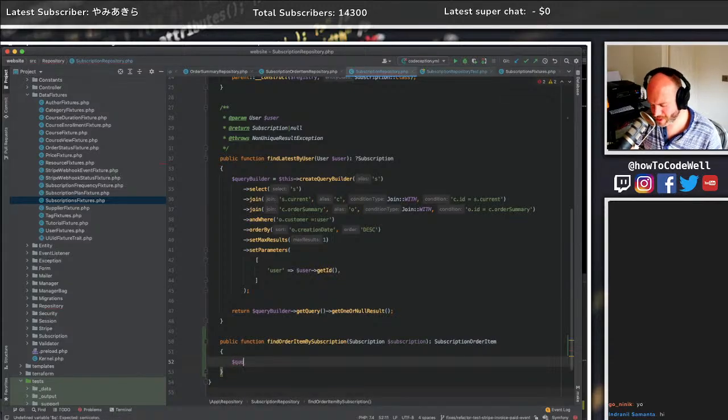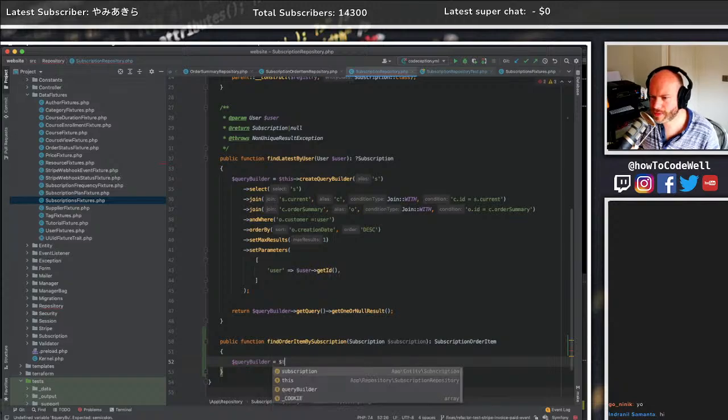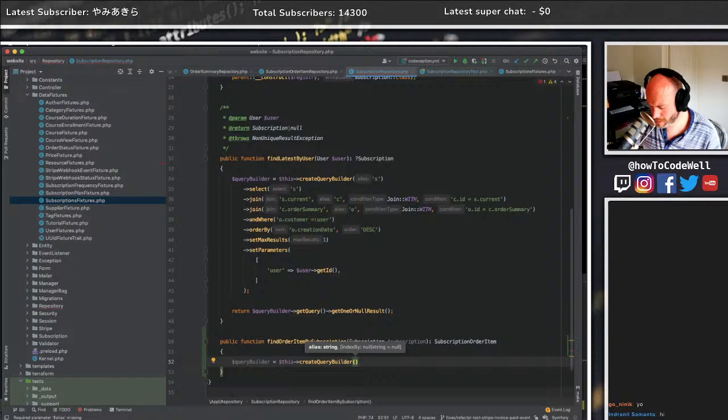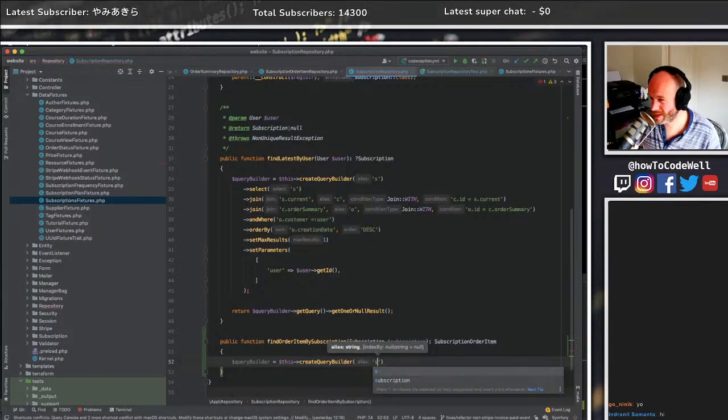Let's start from the top. Is equal to this create query builder. Trouble is, we are doing it from the perspective of